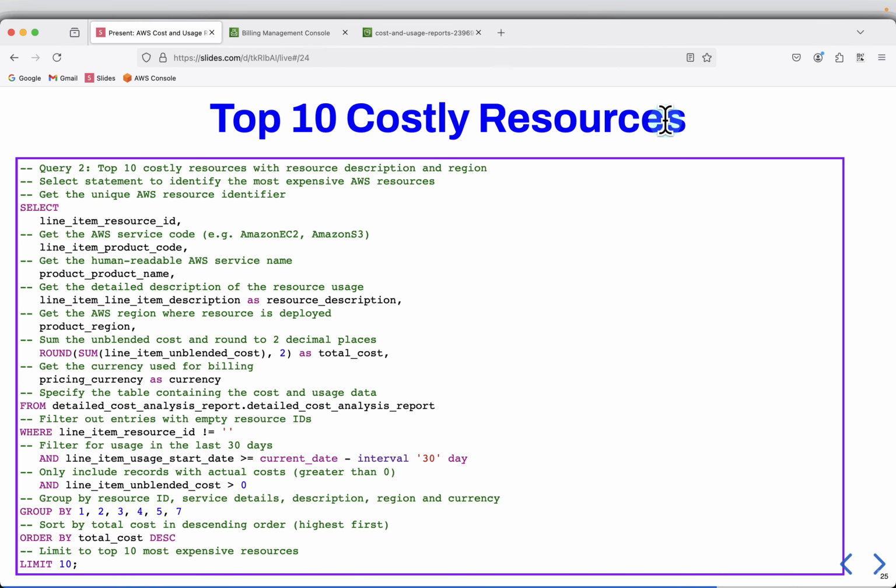top 10 costly resources. This will give me the top 10 costly resources with resource description and region. It starts with a select statement to identify the most expensive AWS resources. First we'll get the AWS resource identifier using the column line item resource ID. Then we'll get the AWS service code, for example EC2, S3. Then product and product name, which will be the human readable AWS resource service name. Then get the detailed description of resource usage. Then get the AWS region where the resource is deployed, and then sum the unblended cost and round to 2